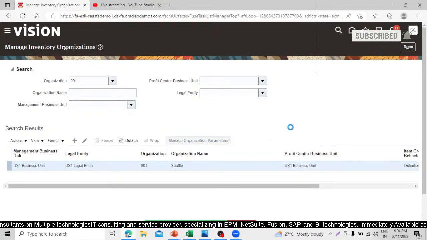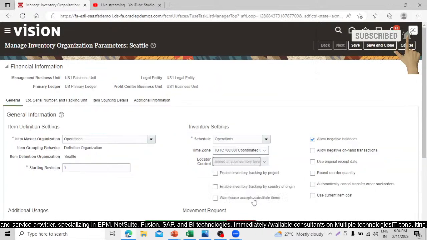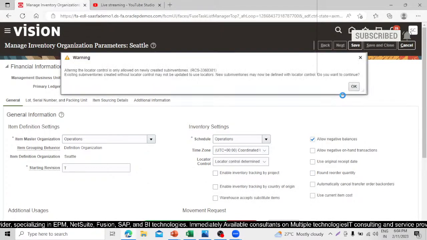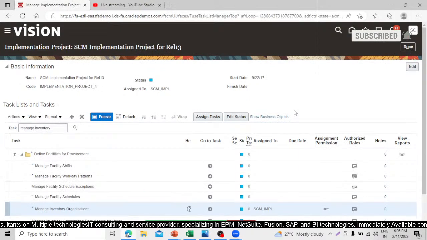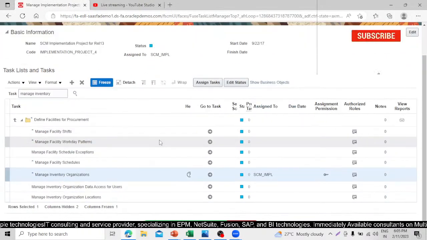Let's go with the third option. No, it's a warning, alternating, right? So let's take one scenario for that. So we have to create one sub inventory, and under this sub inventory, no issue. Let's create sub inventory,